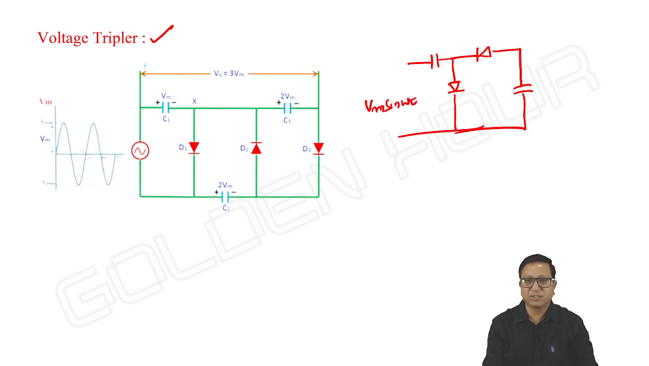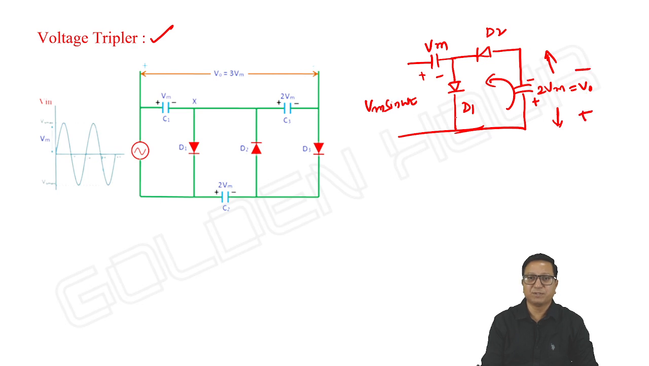Once this diode D1 is on, it will charge to a voltage Vm with polarities like this, and once D2 is on, the current will be going in anti-clockwise direction. It will charge up to 2 Vm, we have seen. Output is taken from bottom to top. So to have double the peak amplitude of the input, we used two diodes